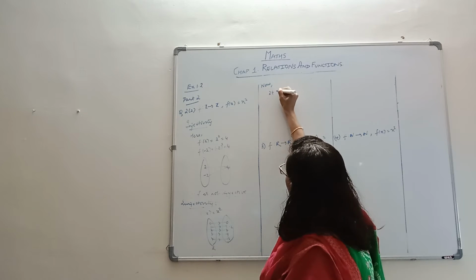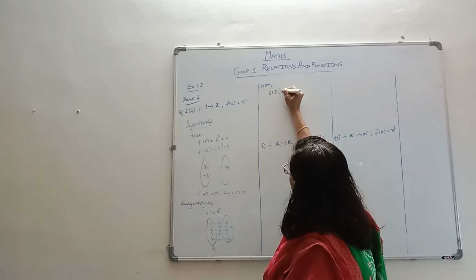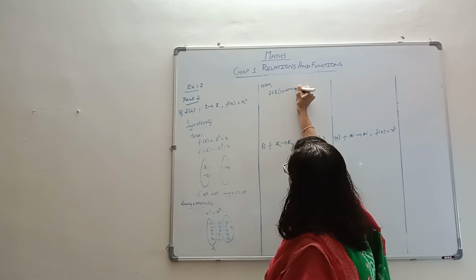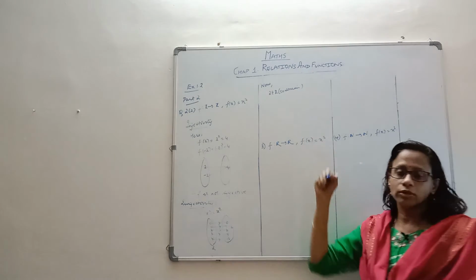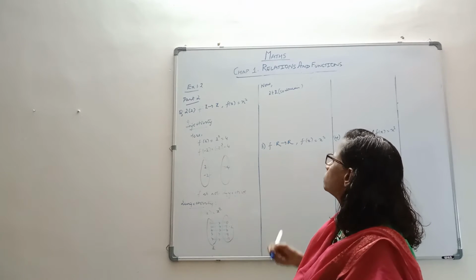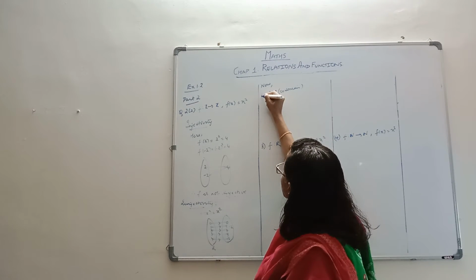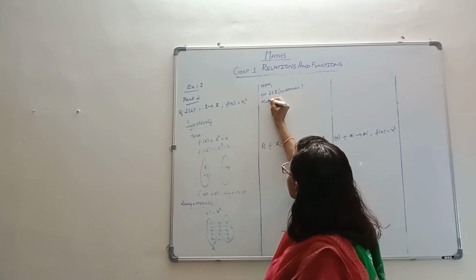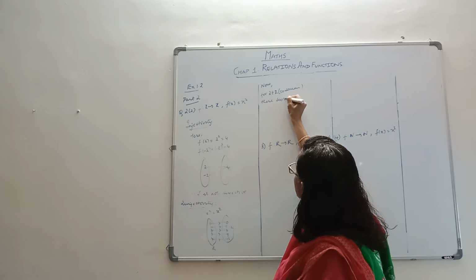Now, 2 belonging to the integer codomain, because both are integers, you have to specify whether it is the domain or the codomain. For the 2 belonging to the integer codomain, there does not exist